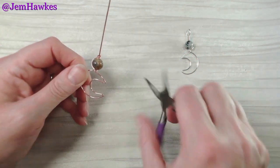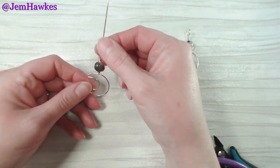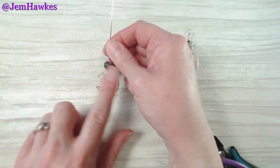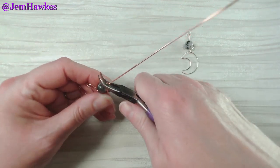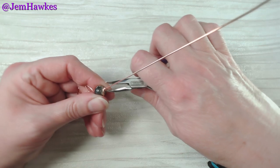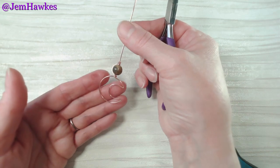So at this stage, you will want to just double check that everything is still sitting how you imagined it to be. Apparently it's flipped from one side to the other. At this stage, I don't really mind actually. I often make moons sitting with the face that way for some reason, I don't know why. So if I wanted to, what I could do is just very, very softly smooth and warm that cut end of wire, and pretty soon it disappears from view,